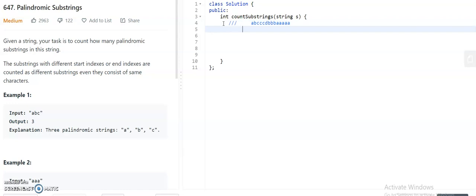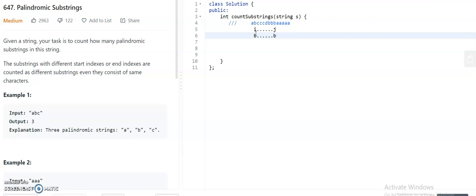Here the logic I am going to use is, suppose there are two pointers i comma j, and the characters at both pointers are equal. Suppose here it is B and here also it is B. So the characters at i and j are equal.